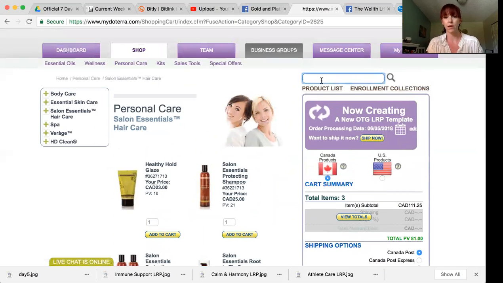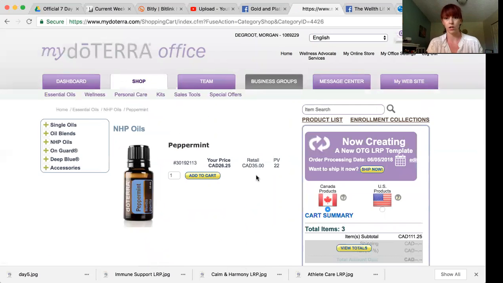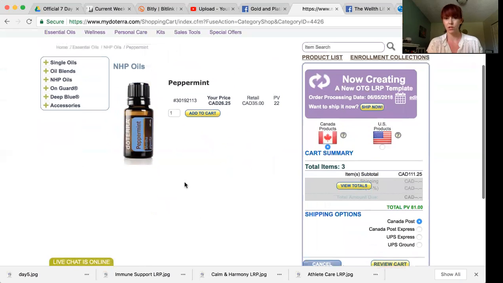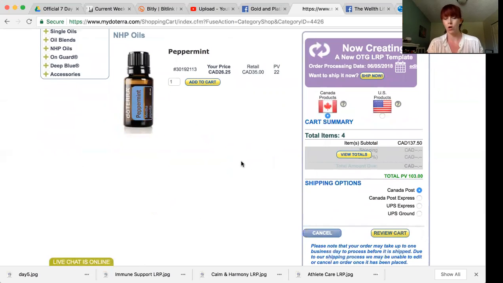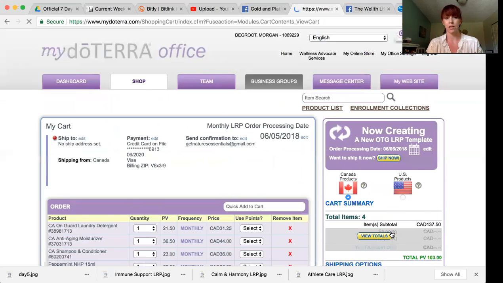You can also type items in. So if you're looking for peppermint, you just type in pepper, and then you get to choose from the products that pop up when you say that. So then you can look at it that way. You see the price. Sometimes there's a little product information down here. You click add to cart, and you're good to go. So I've added what I want for my next order. I'm going to click review cart,